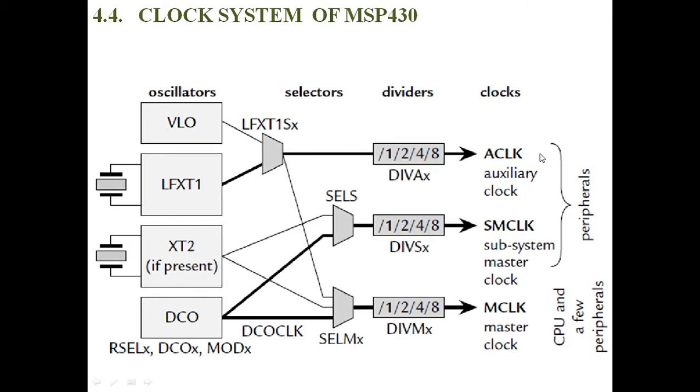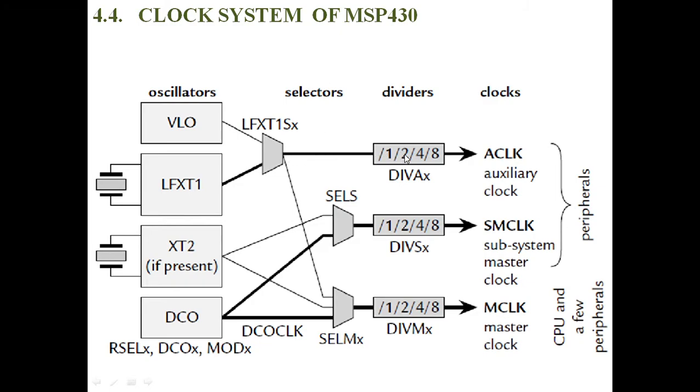If the desired device operating speed is 32 kilohertz, the low frequency oscillator generates the 32 kilohertz signal that is divided by 1. If it is 16 kilohertz, that is divided by 2. If it is 8 kilohertz, divided by 4. If it is 4 kilohertz, divisible by 8. Similarly, the remaining clock frequencies. Like that, the low frequency oscillator generates clock signals from 32 kilohertz to a few megahertz, approximately 1 megahertz or 2 megahertz, that is given to the selector.